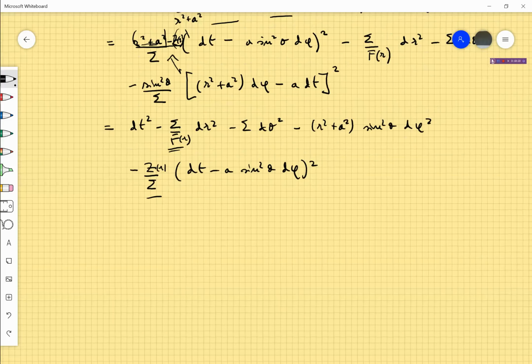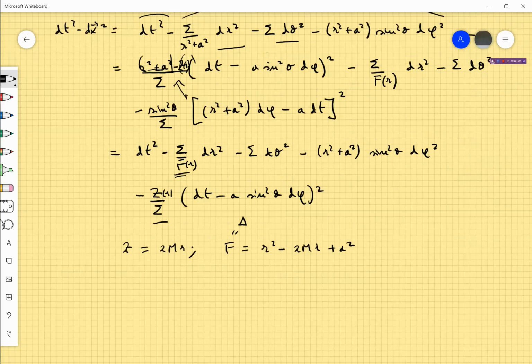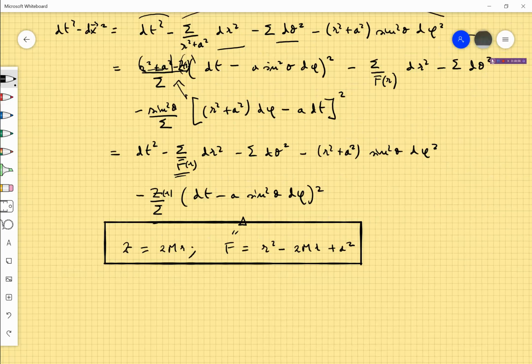I think there is a solution that is discarded because it doesn't meet the requirement. And the other solution that appears is that C is equal to 2mr, and F, which in many notations is denoted by delta, is r squared minus 2mr plus a squared. And this metric that I just wrote here with these two functions, this is the Kerr metric, the Kerr solution